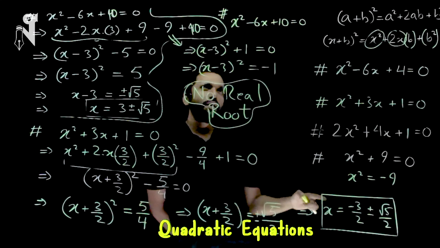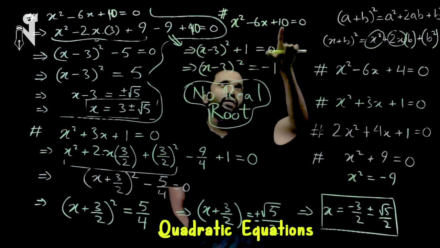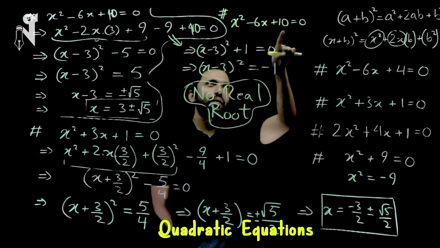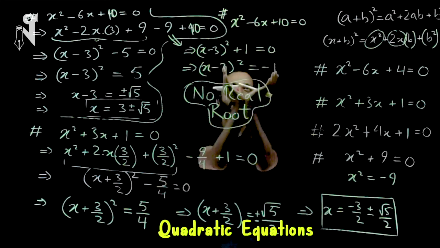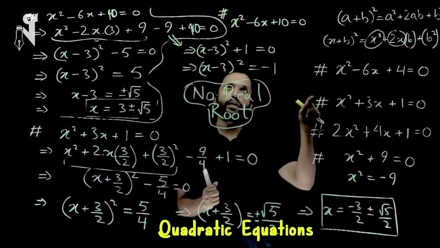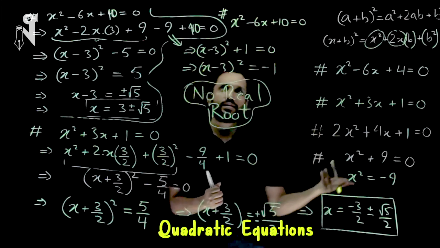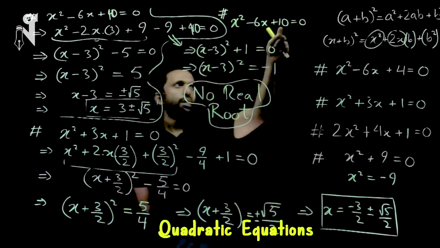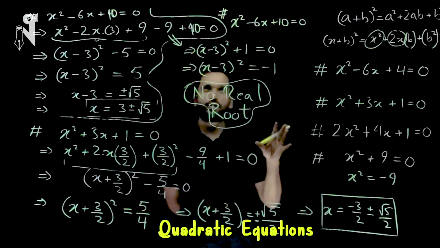And can you imagine graphically why you ended up like this? Because you had a big number added to the quadratic equation, and that number added is lifting the parabola up. It is lifting it above the x-axis, and the parabola is not cutting the x-axis. That means there is no value of x where the parabola cuts the x-axis. Where it cuts is the root, is the solution, is the 0 for the polynomial, which is not happening. So I've added a big number over here and the root is not happening. I hope it is clear to you.